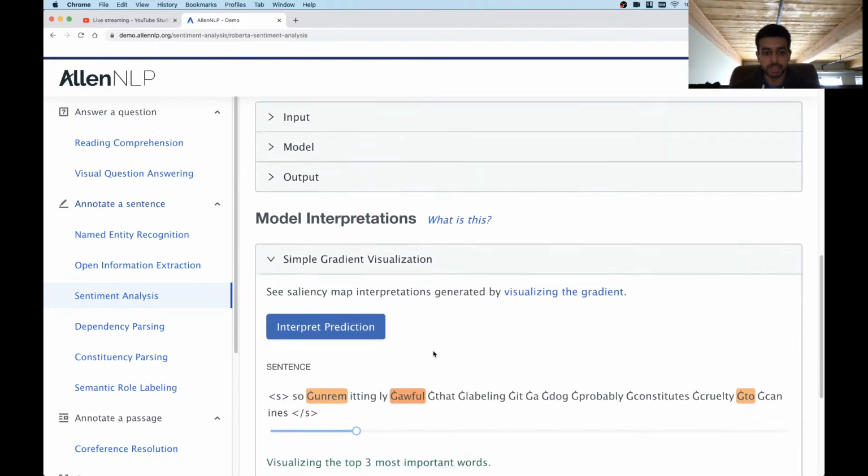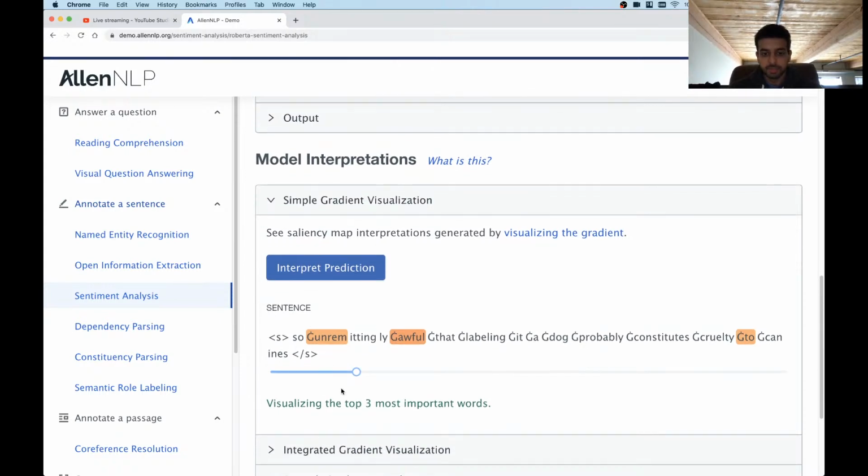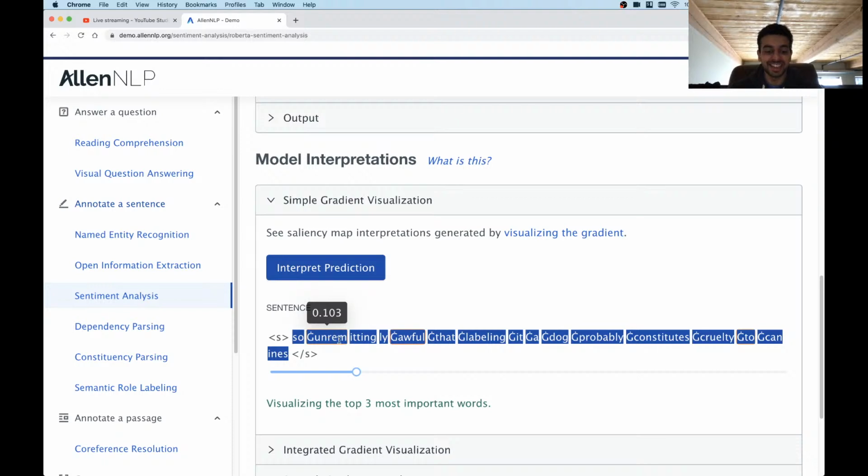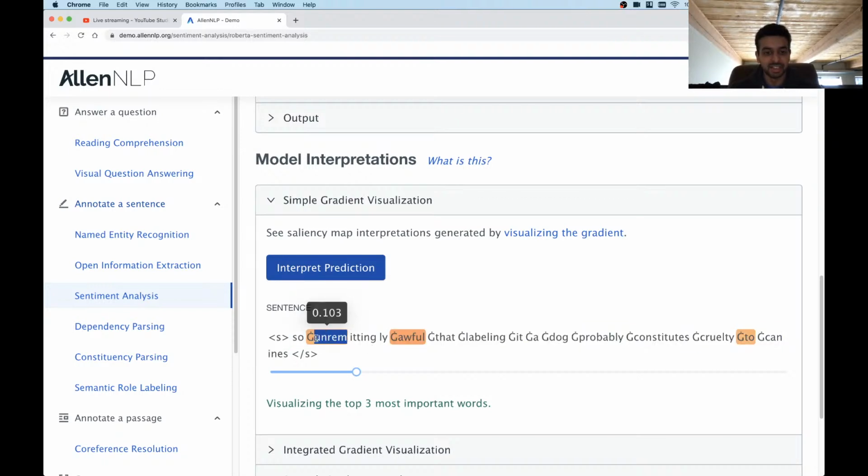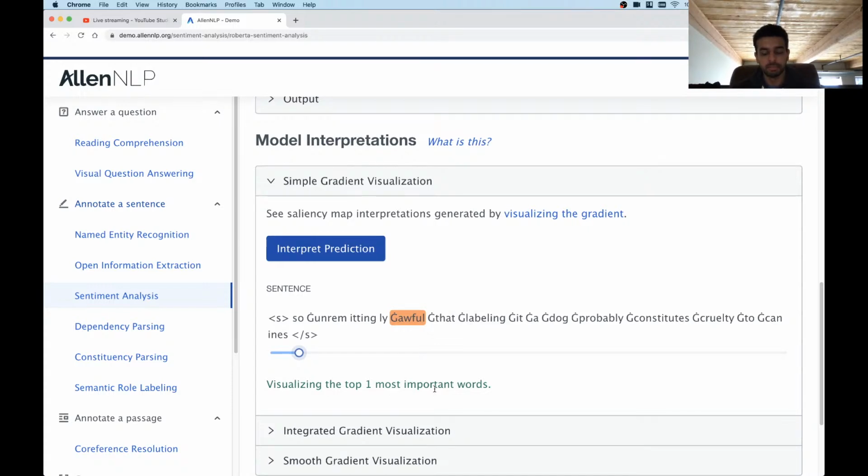So if we interpret this prediction, wow, I'm not sure what's up with all these G's here, but that's strange. Anyway, we can see the highlighted words here, with "awful" being the most highly ranked word, which makes sense as one of the most important words for predicting a negative sentiment. So this is a very simple technique for analyzing why a model is making a particular prediction. You just take the norm of the gradient with respect to,